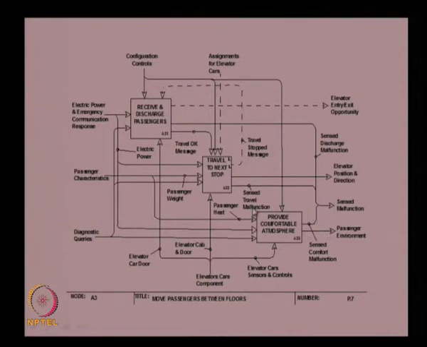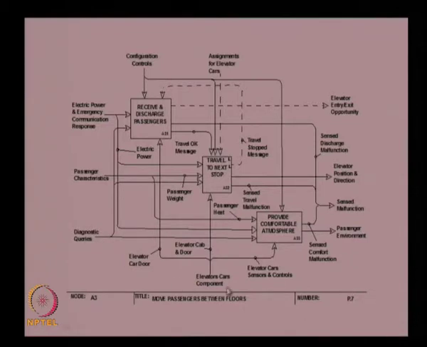Then provide a comfortable atmosphere for the passengers. That also is a function; we need to provide a good atmosphere within the car. There will be many systems inside to provide comfort to the passenger, like a fan or air conditioning or other emergency services. All those services will be monitored, and in case of any malfunction that information will be processed and sent to the maintenance function, so that passengers will always get a good comfortable atmosphere within the car.